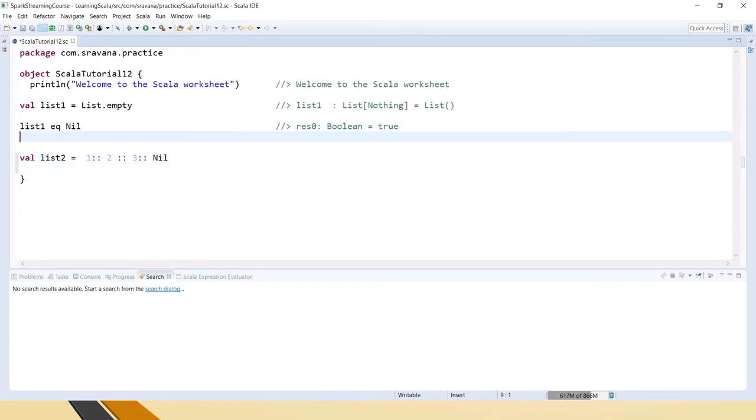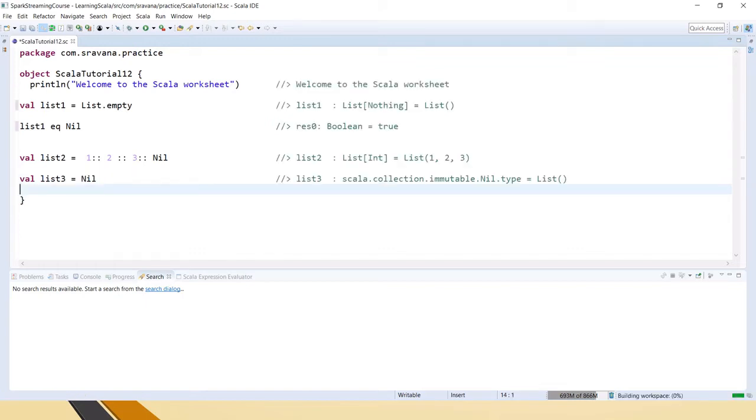For creating an empty list you can use List.empty also, you can create it this way also. So this is about Nil, and next one is null, right?